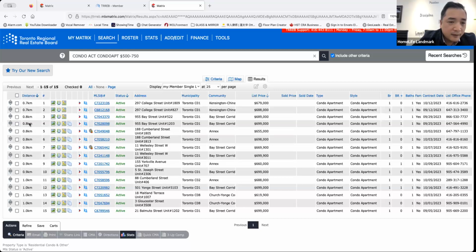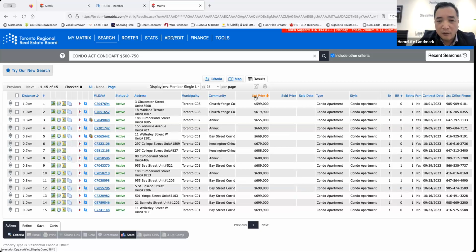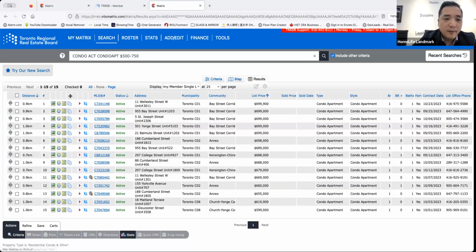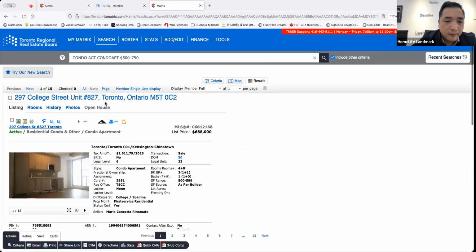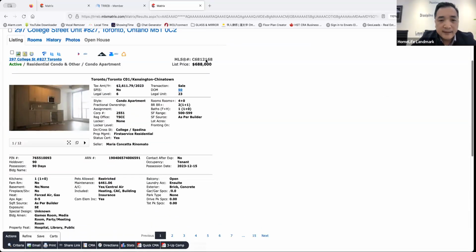So that is how you can sort. Or, of course, if it doesn't matter, you can sort by listing price, lowest one, highest one. But most of the time I would sort by the distance and then check every listing price,